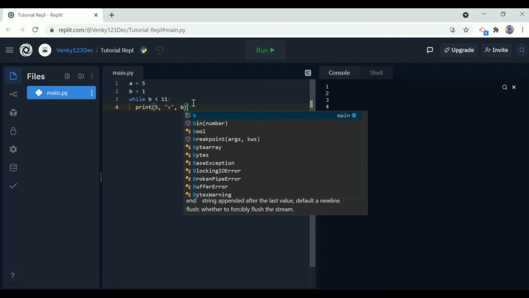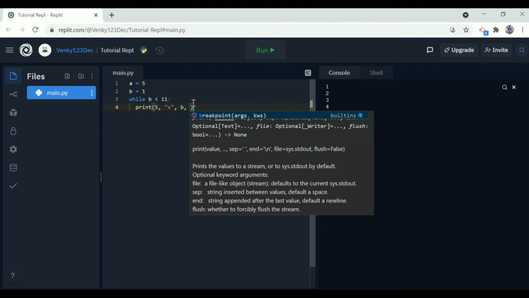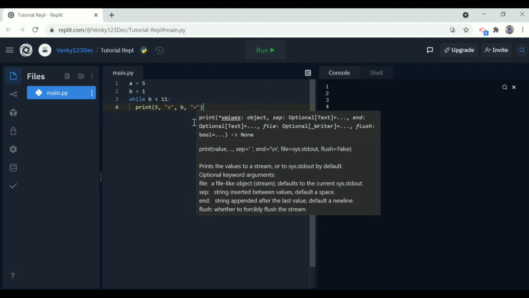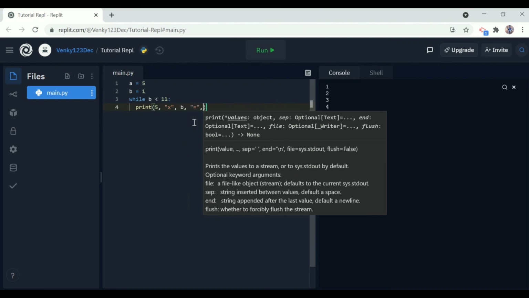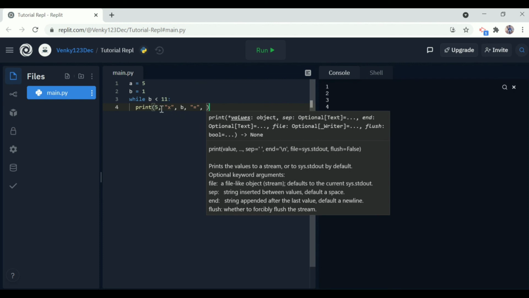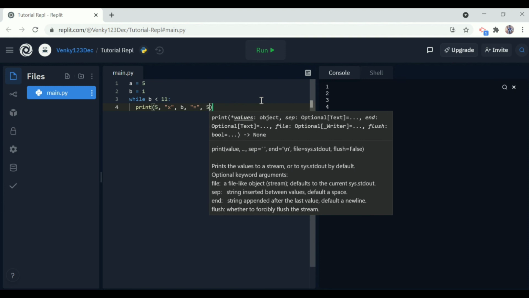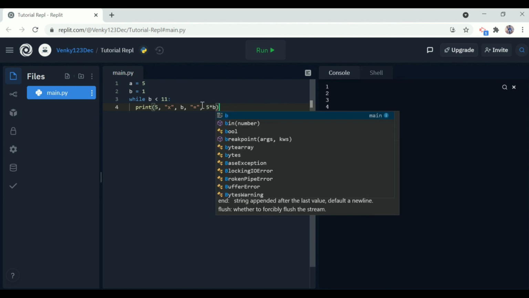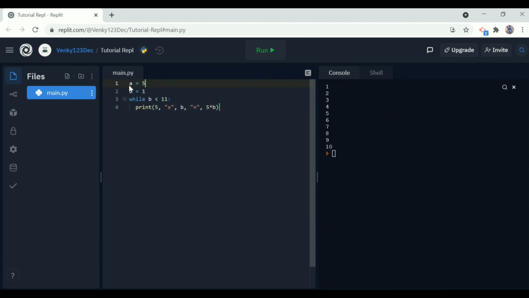So 5 into b, and next I want to print equal to as a string, so I have to keep it in double quotes. And next I want to print 5 into b. So let me just do 5 star b. And you might be thinking, what is the use of the variable a then?